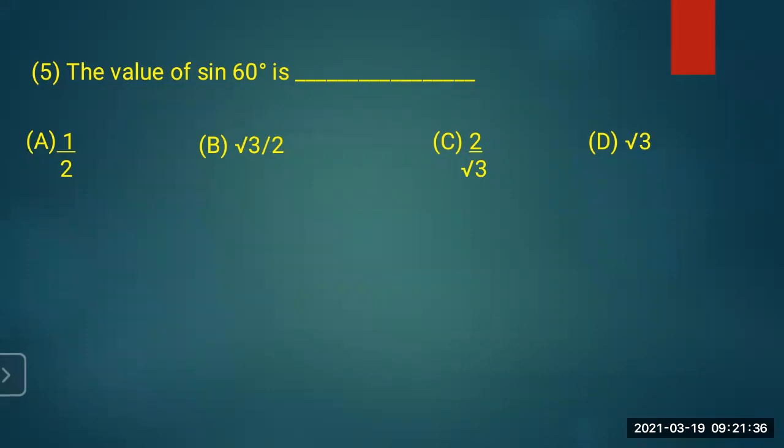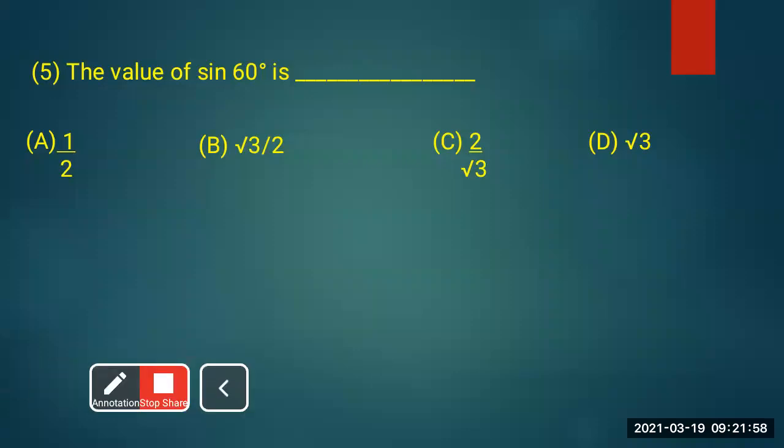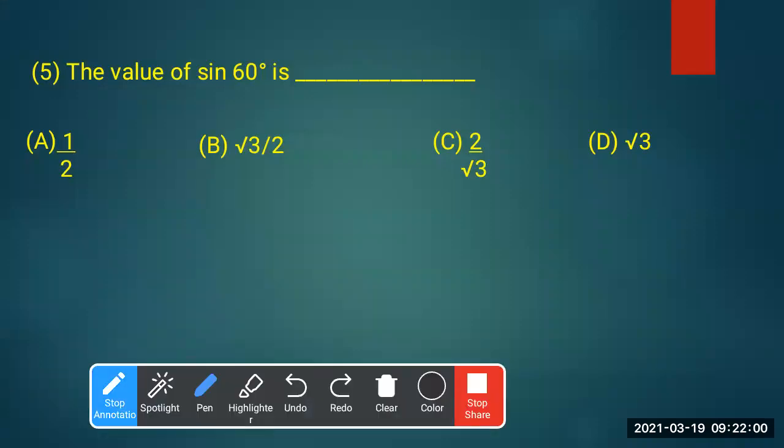Okay, but further we are going to see how we are going to use this value for the substitution purpose. That particular table is very, very important, students. Just try to understand and keep in mind the values of all the trigonometric ratios. From that table, students, the value of sine 60 is what? Root 3 upon 2.